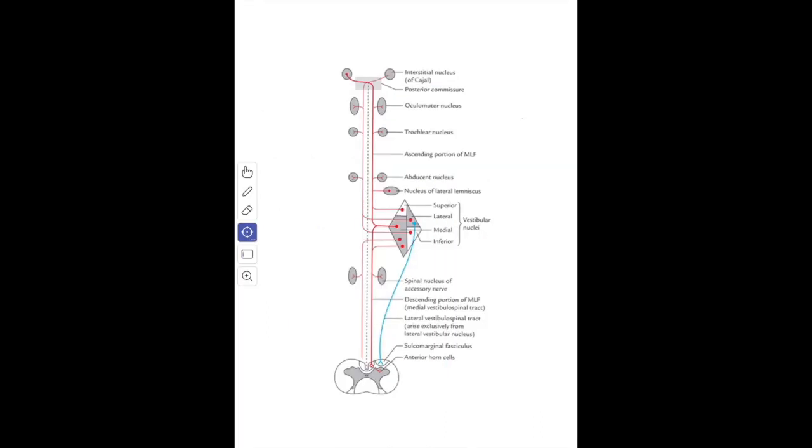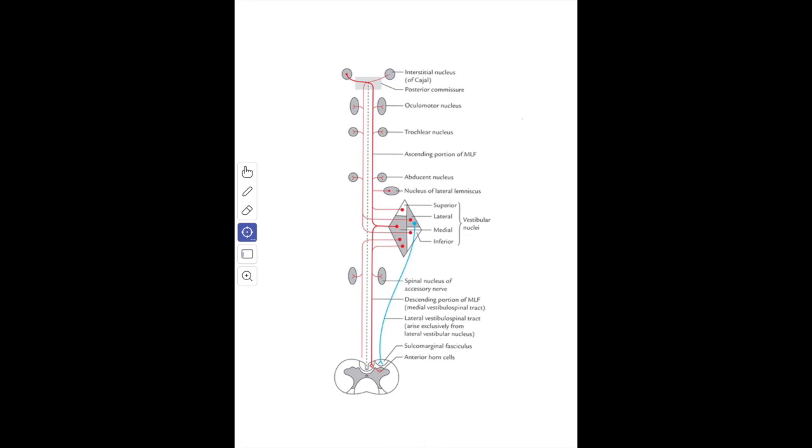Next we'll study about the medial longitudinal fasciculus in short. The medial longitudinal fasciculus is a heavily myelinated composite tract found in the paramedian plane of the brainstem. It retains its position relative to the central gray matter throughout the midbrain, pons and the cranial part of the medulla oblongata. The medial longitudinal fasciculus extends cranially to the interstitial nucleus of Cajal,